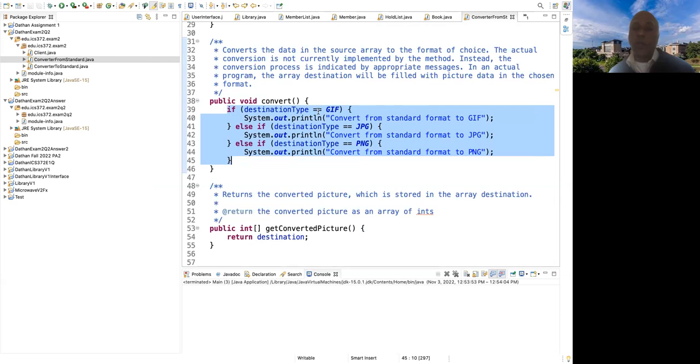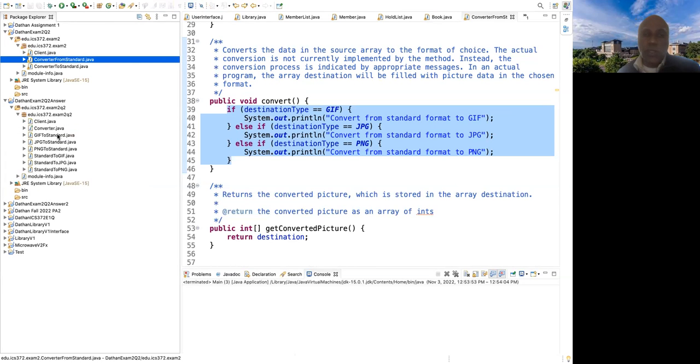So what you needed to do was create 3 subclasses, one for GIF, one for JPEG, one for PNG. Some of you added extra types. That's perfectly fine. But if you simply had a conditional like this, you didn't get many points. So what I did, again, there is no unique answer for this. In fact, I will show you 2 approaches. Some of you did one approach, some of you did the other approach. As long as it is a reasonable design, I have given you points. So let me show you one of the 2